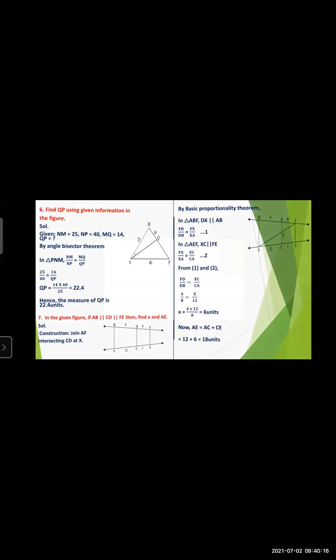Okay, students. So here we solved 5 questions from your practice set 1.2, and in the next lecture we solve the remaining questions 6, 7, 8. Tomorrow we will discuss the next questions 6, 7. Okay, so if you have any doubts related to today's topic, do you have any doubt? Please raise your hand and ask your doubt.